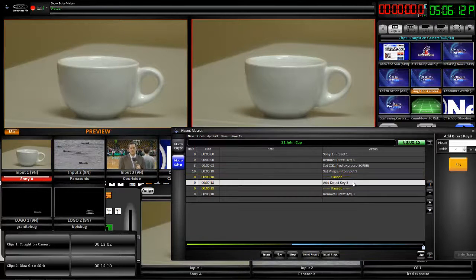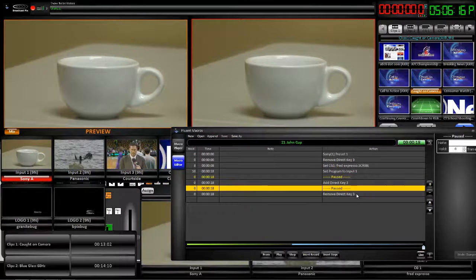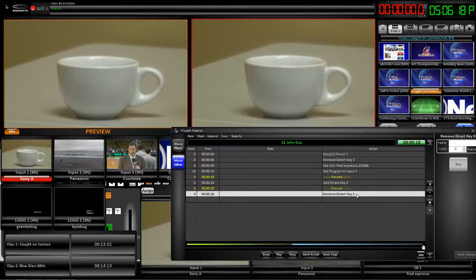If I press it again, add the subtitle. Wait. If I press it again, remove the subtitle. It's that simple. And to then make the various ones that I did, all I had to do is